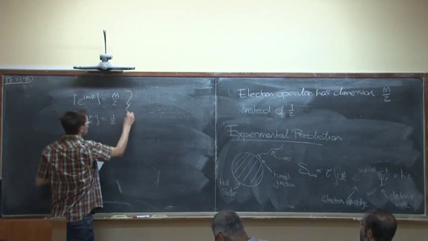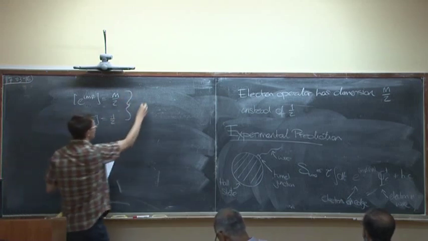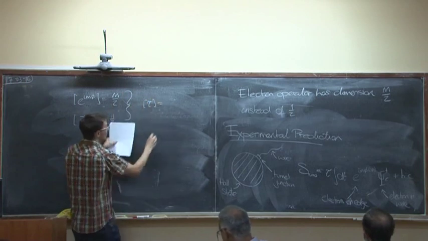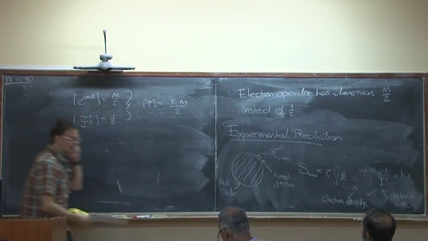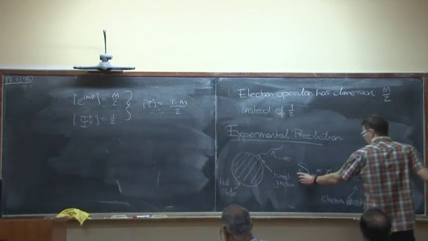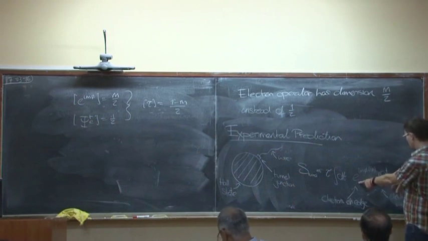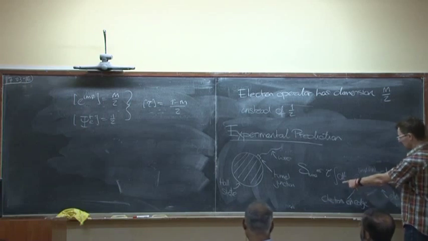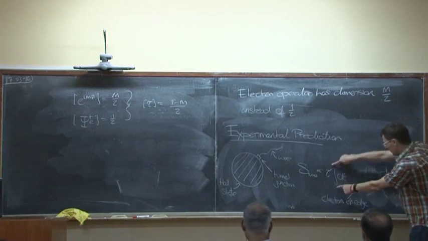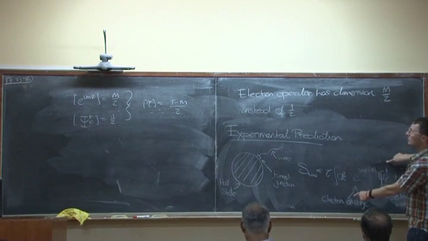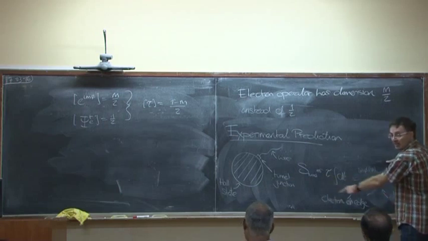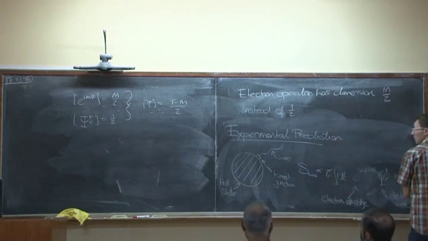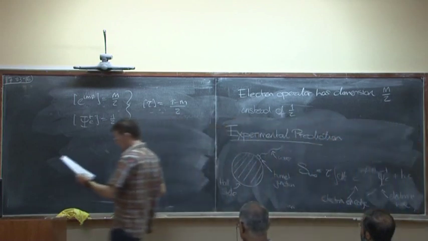Okay, so what does this mean? Let's do some dimensional analysis. What we're going to get to is that the dimension of tau is 1 minus m. So why is this? The action is dimensionless. This has dimension m over 2. This has dimension 1/2, so the whole thing has dimension 1 plus m over 2. This has dimension minus 1, so this has dimension (m minus 1) over 2. Good. And this has to exactly cancel with the negative. So that's the dimension of tau, to ensure that the action is dimensionless.